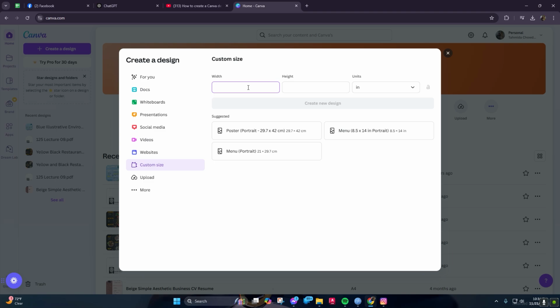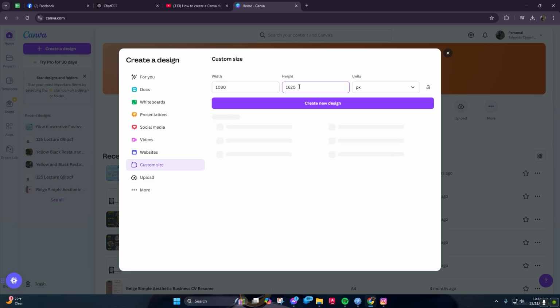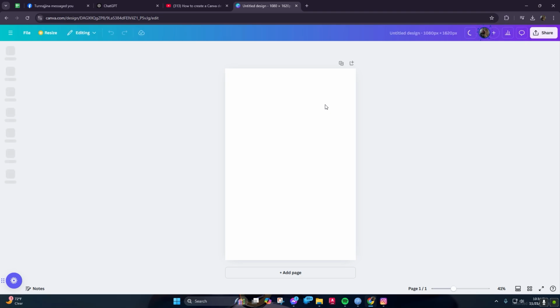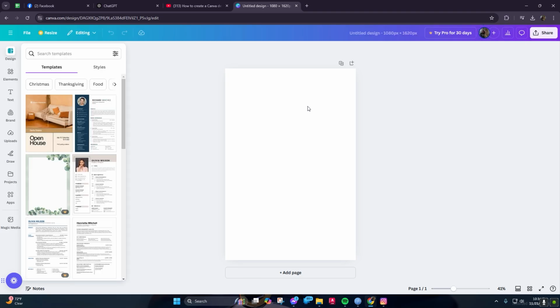Here I'm gonna put in some random width and also choose the unit as px. Now we're gonna choose the width and height accordingly, whichever size we would like to prefer, and click on the create new design option. And thus our page is open here according to the width and length we have put beforehand,